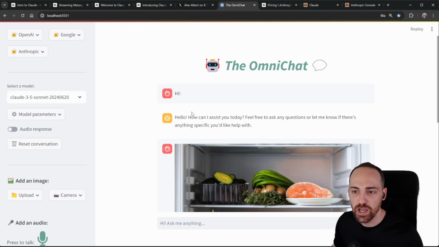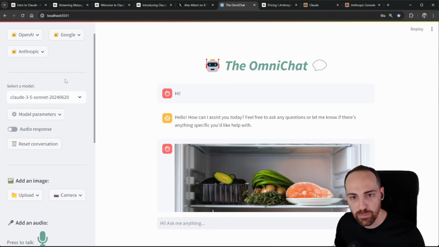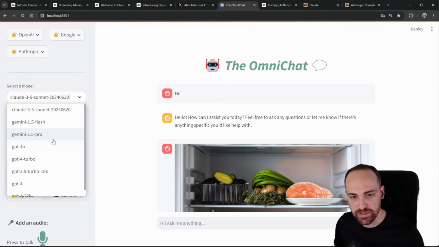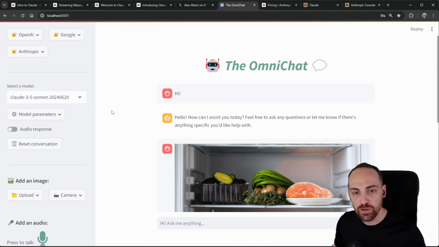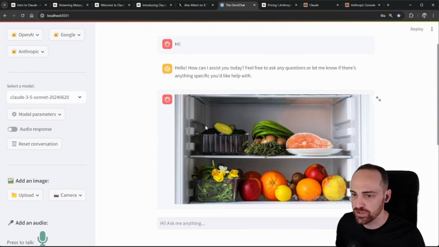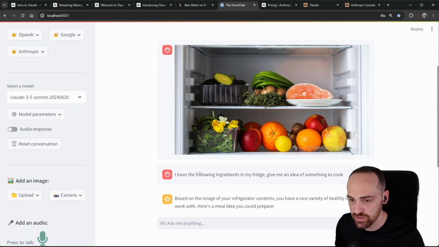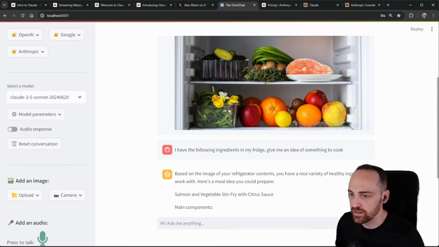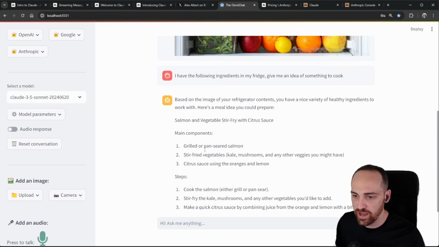So two videos ago we started creating this application, the OmniChat, and we introduced OpenAI models and also Google Gemini models. We can see here the list of all models available right now. So in today's video we'll learn at the end how to introduce the new model to our application. If you know how to build this chatbot, you will also know how to build custom applications for any other use case. As you can see here, we are chatting with it but also sending an image and asking an instruction, to list the ingredients and tell us some ideas to cook today,